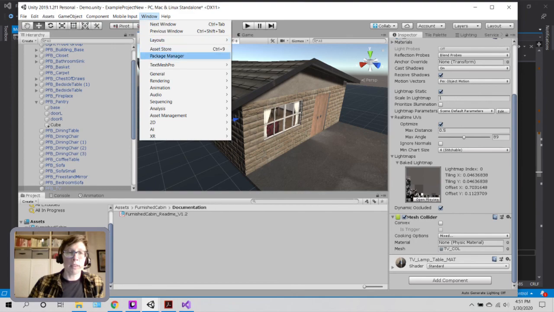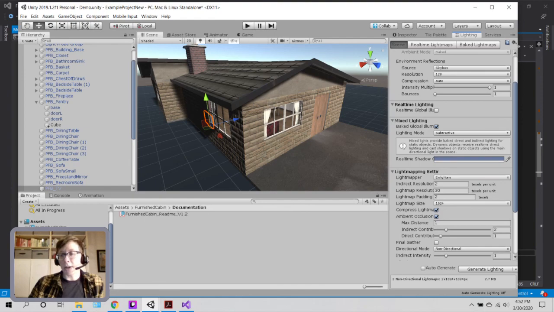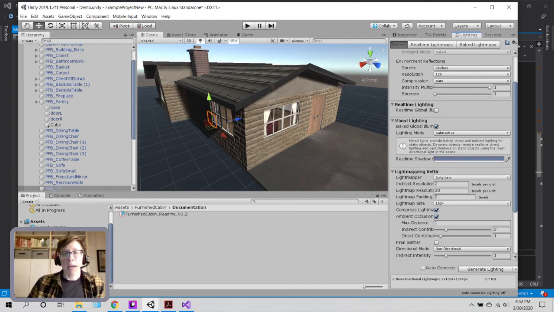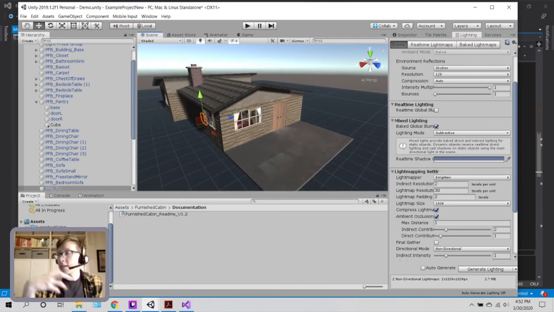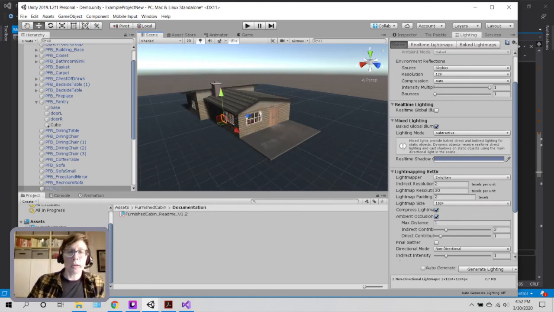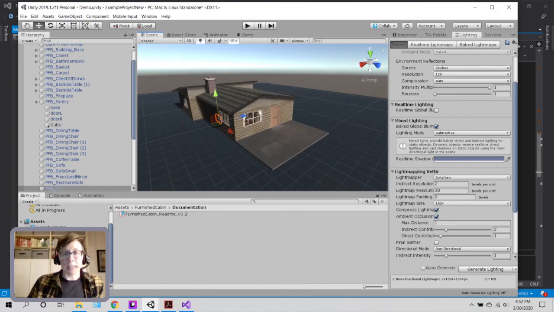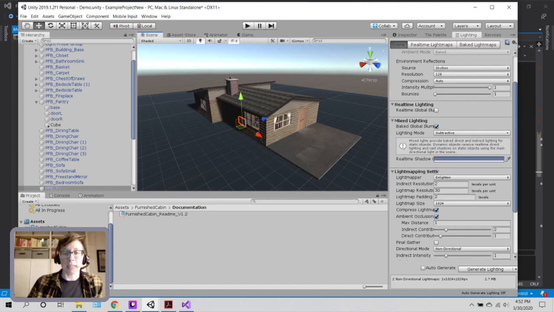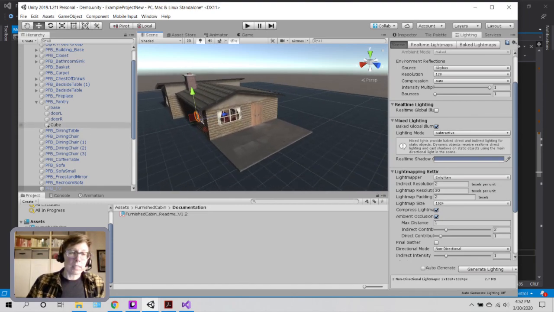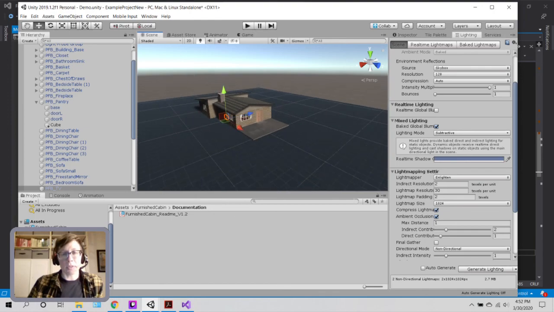And that, of course, is in Window, Rendering, Lighting Settings, and then you click Generate Lighting when you're ready. So it may be looking a little dark to us because we would need to run that lighting baking process just once for it to freshly calculate the lighting and make it look the way it's supposed to look. But I'm not going to do that right now because it'll use up all our time. It's actually pretty processor intensive to do, and it's something you'll want to do when you have a few minutes. But what I wanted to show you guys out here is there's some fun things you can do with